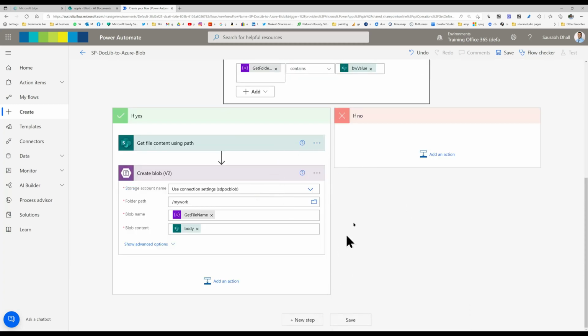Now this bit is done. If you want, you can update the list as well, that the file is not copied over there. Whatever you want to do after this, you can do that. Now similar action you need to be doing